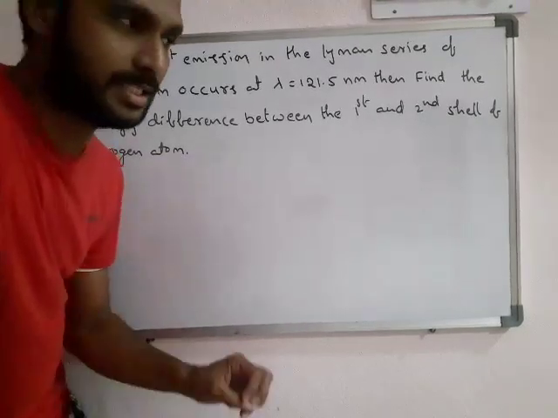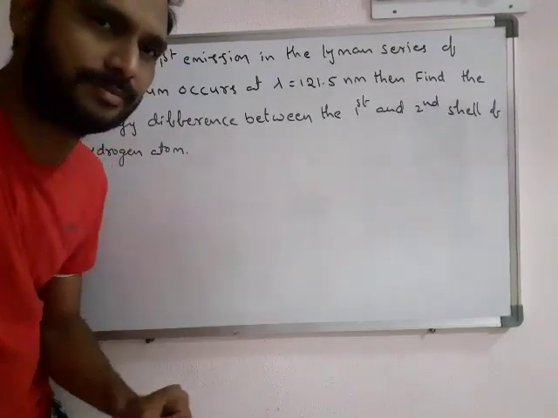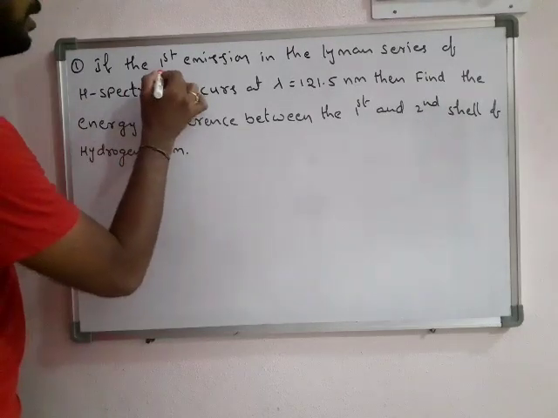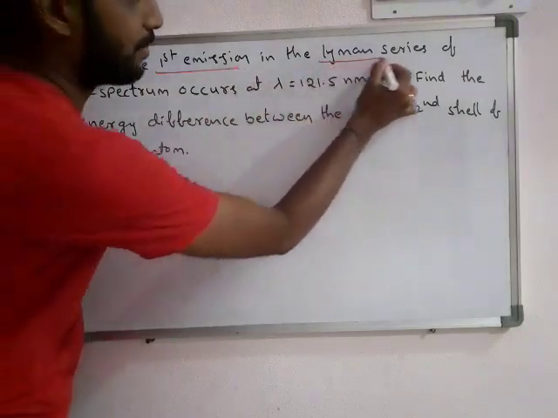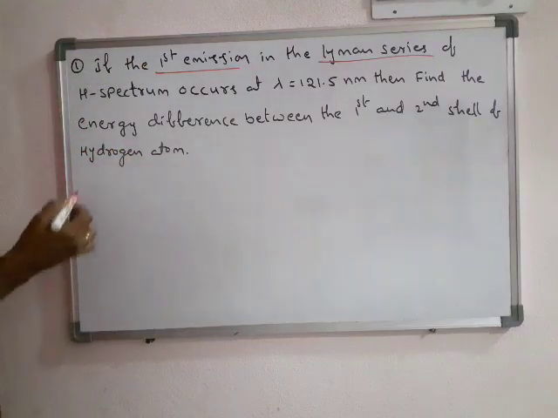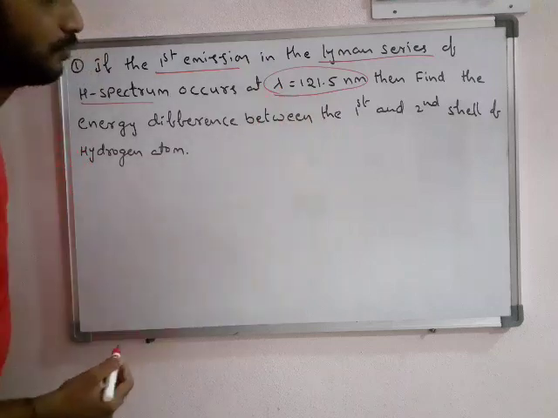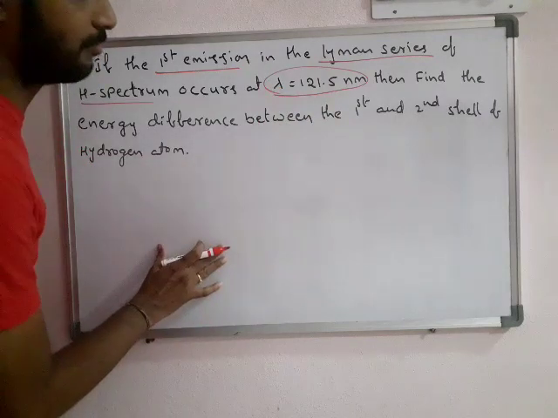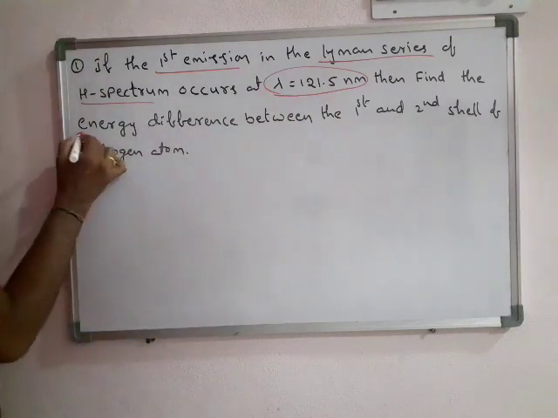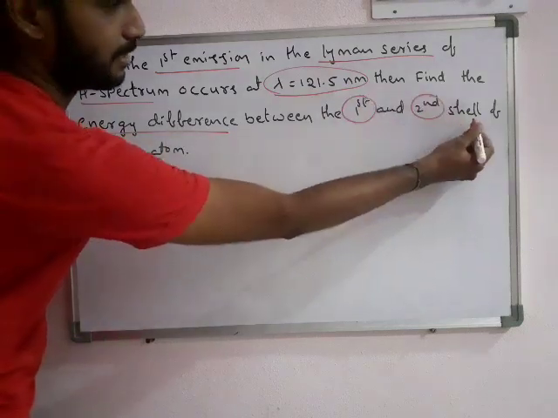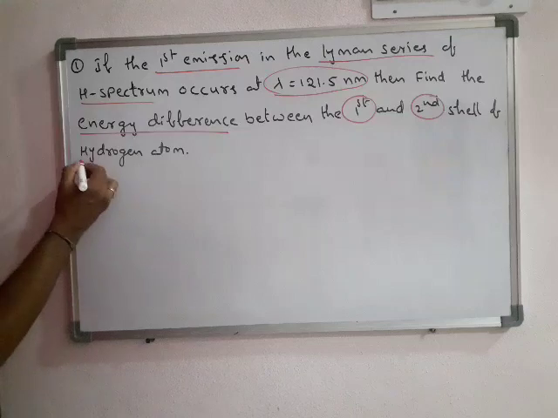Okay, today we discuss two different problems. In the first one, if the first emission in the Lyman series of hydrogen spectrum occurs at 121.5 nanometer wavelength, then find the energy difference between the first and second shells of hydrogen